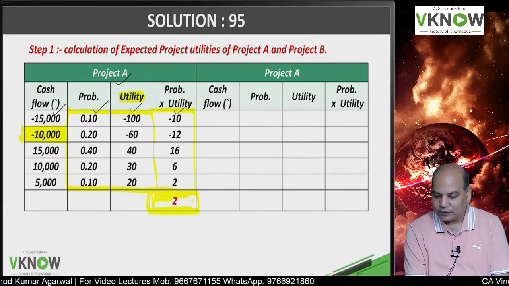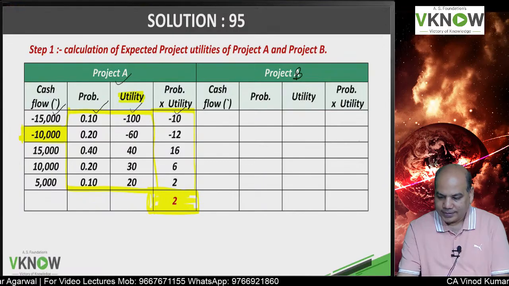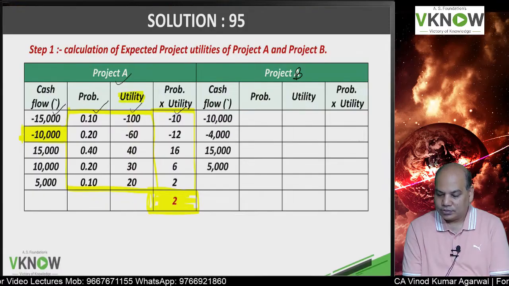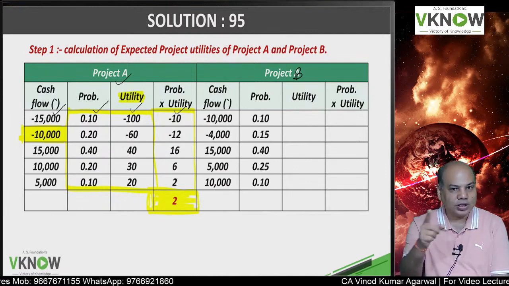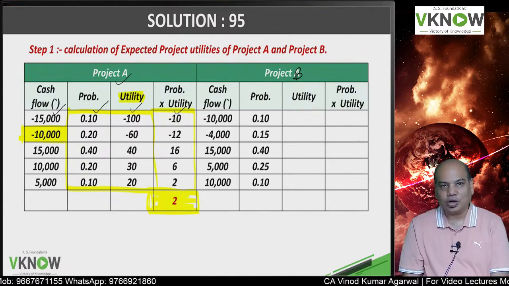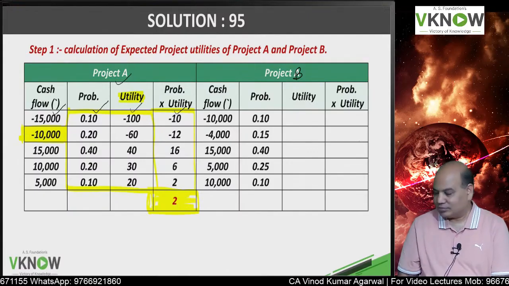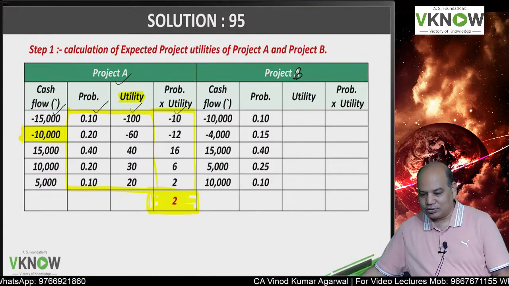project B yourself. Project B, you have to do yourself. You have to assign the utility value yourself, multiply yourself, and total yourself. Those who want to copy will wait. Some of you are only copying. At least one student I know,